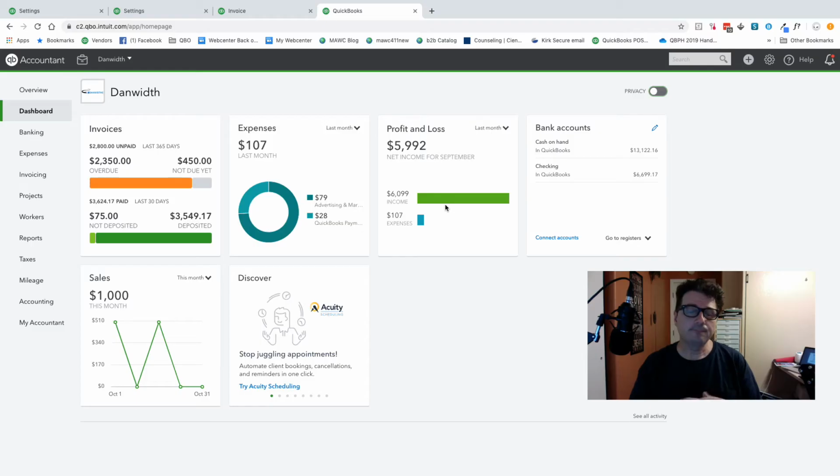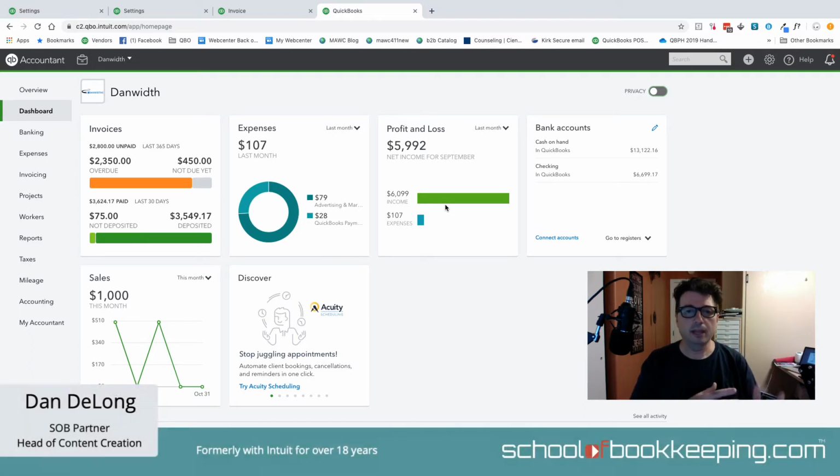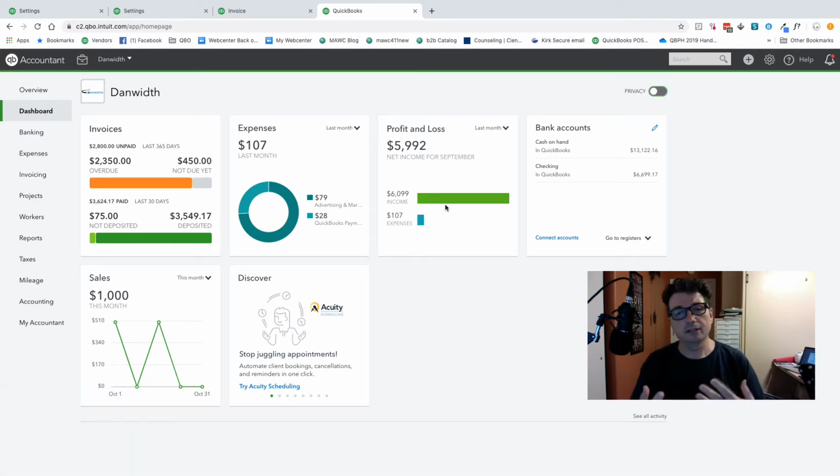QuickBooks Online. Now, e-invoicing is a way for your customer to pay their invoice online. So you're able to email them an invoice, and then they'll be able to pay on their end without you actually needing to charge their card or enter in their banking information. I'm going to walk you through the payment settings, and then I'm going to show you how to send a